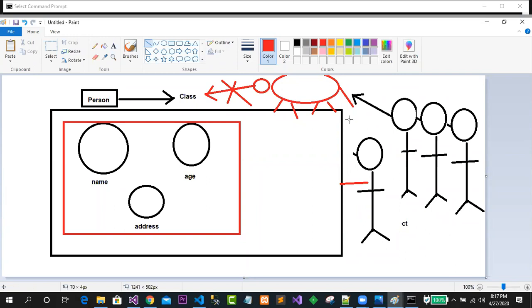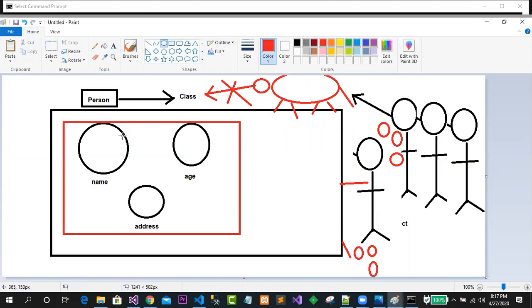Code reusability. For the code reusability purpose, you are going to use class and object. Just see, if I go for this persons class and take a variable like name, for this object, again I will go for age, again I will go for address. Here I have used 3 times. So one time clear. Now again when I go to this object, again I will use name, again age, again address. Every time I'm using these for all these objects. What happened here?